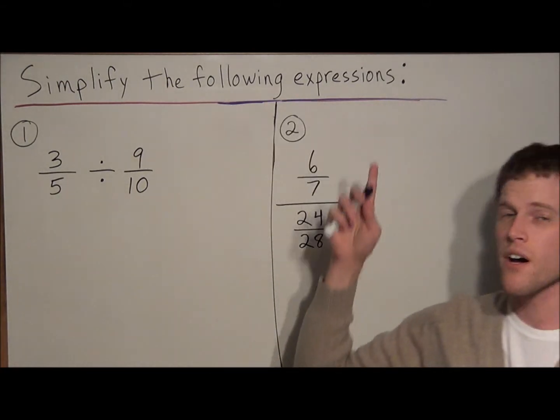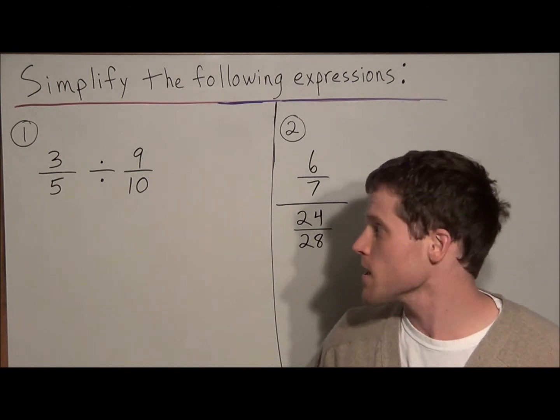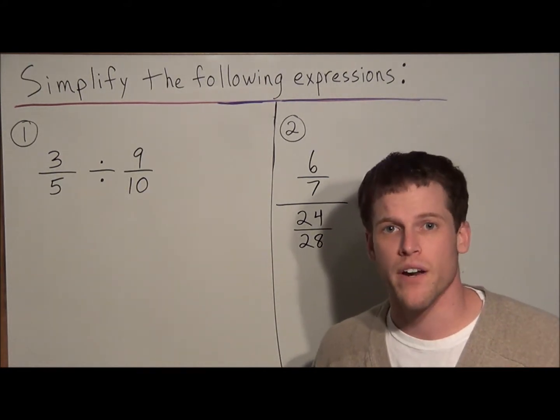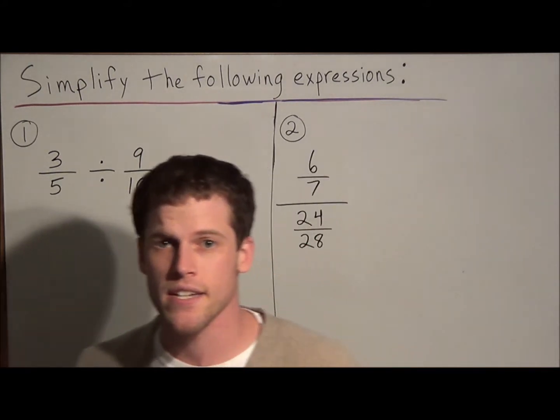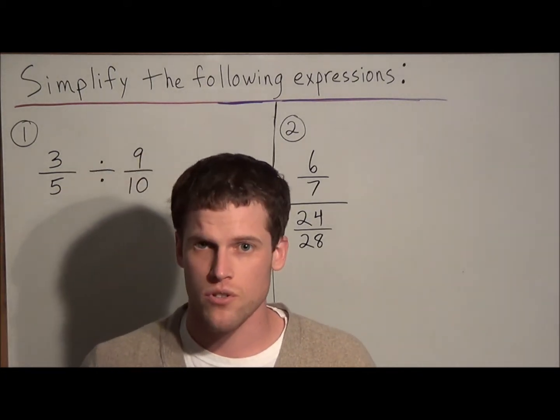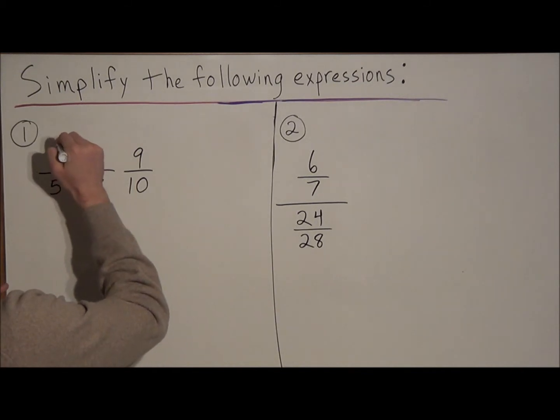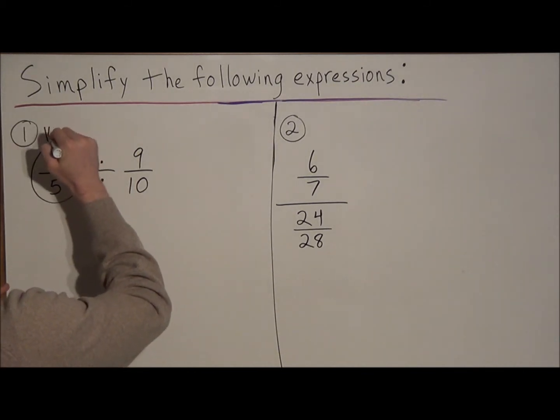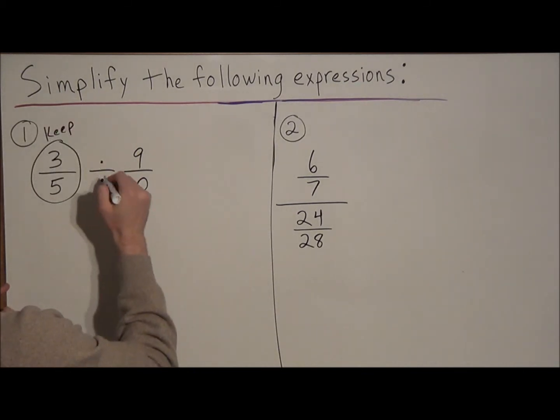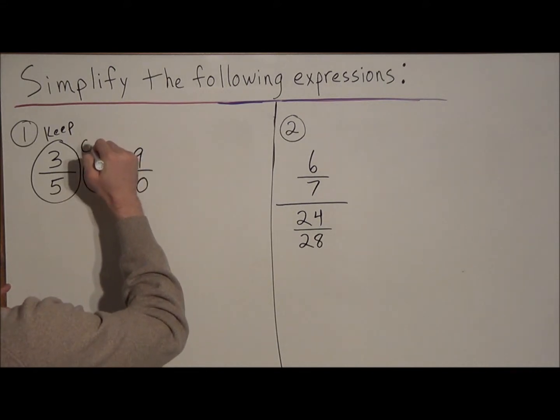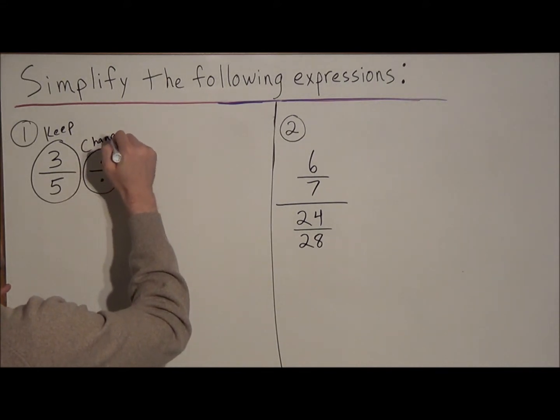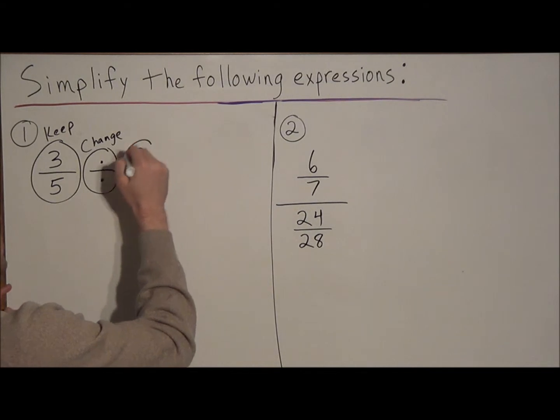So we have simplify the following expressions, and for the first example we're looking at 3/5 divided by 9/10. The technique that we're going to use for both examples is called keep, change, flip. The way it's going to work is we're going to keep the first fraction the same, then we're going to change the operation, and we're going to flip